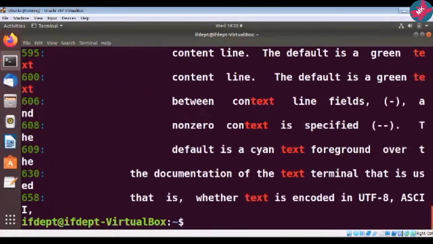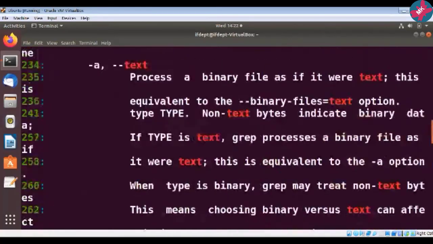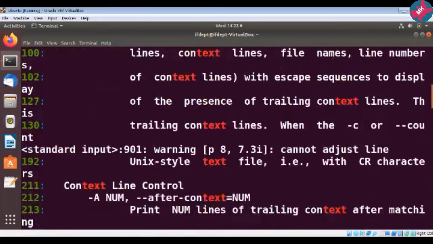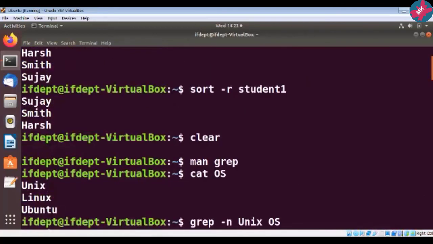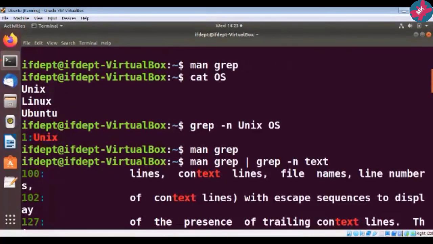See, this is also one more way you can use the grep command. It can not only search in a particular file, it can also search in the output of a command. It's just that we have to combine the two commands using the pipe symbol.